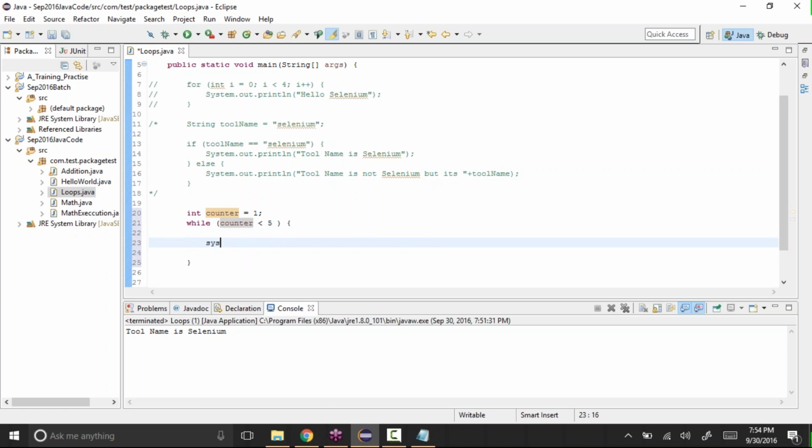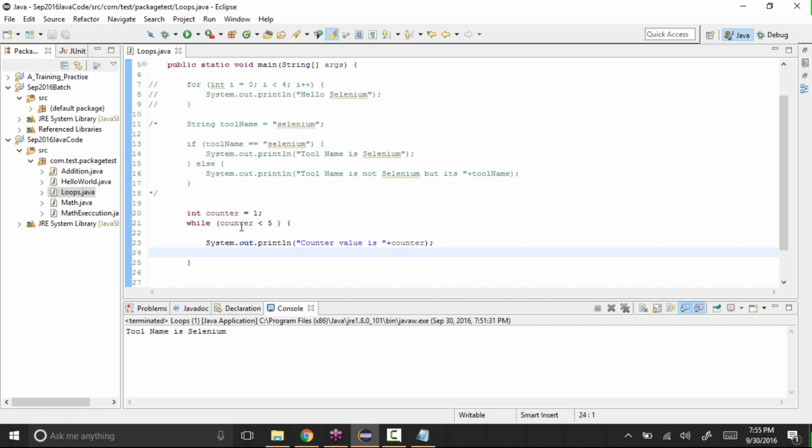See, sysout, then I'll say, let's say, counter value is. In the quotes we need to give "counter value is" plus counter, which will display the value of that counter.